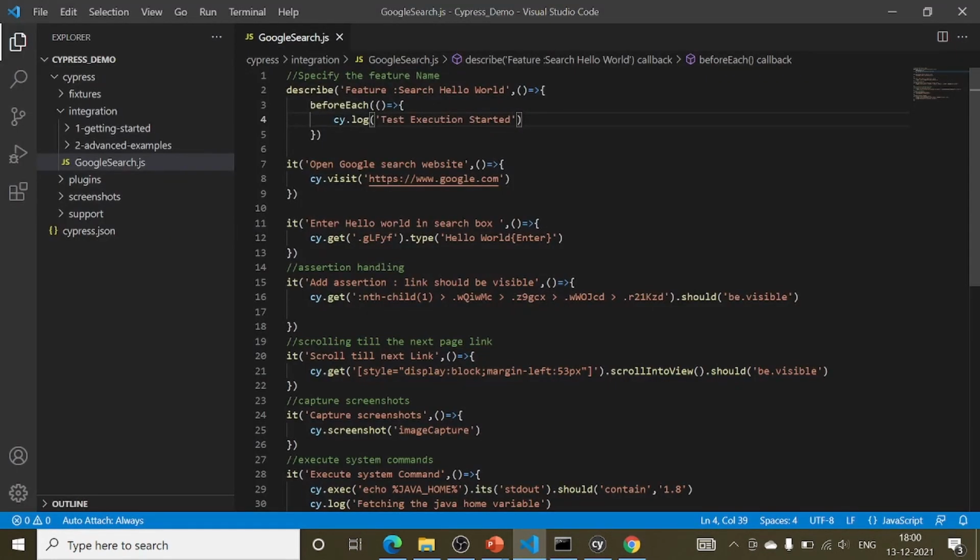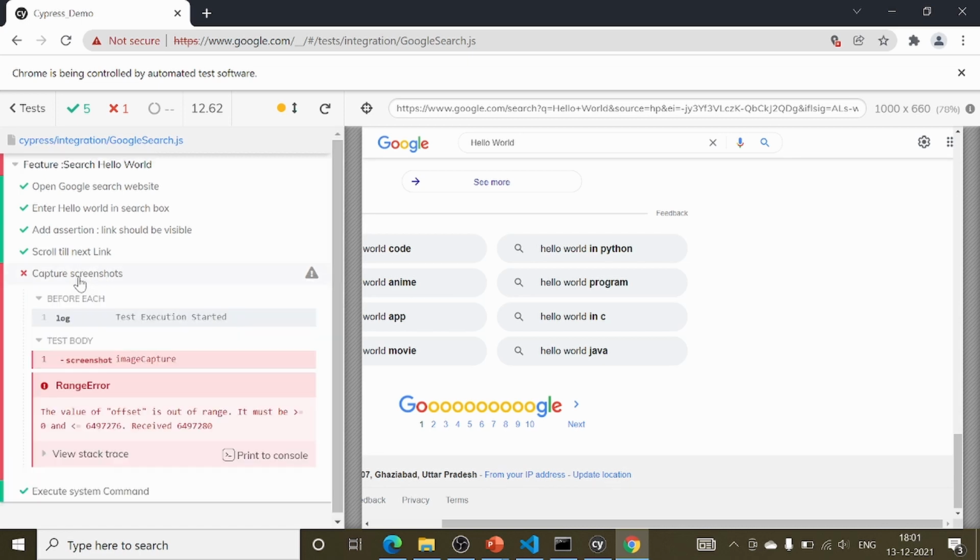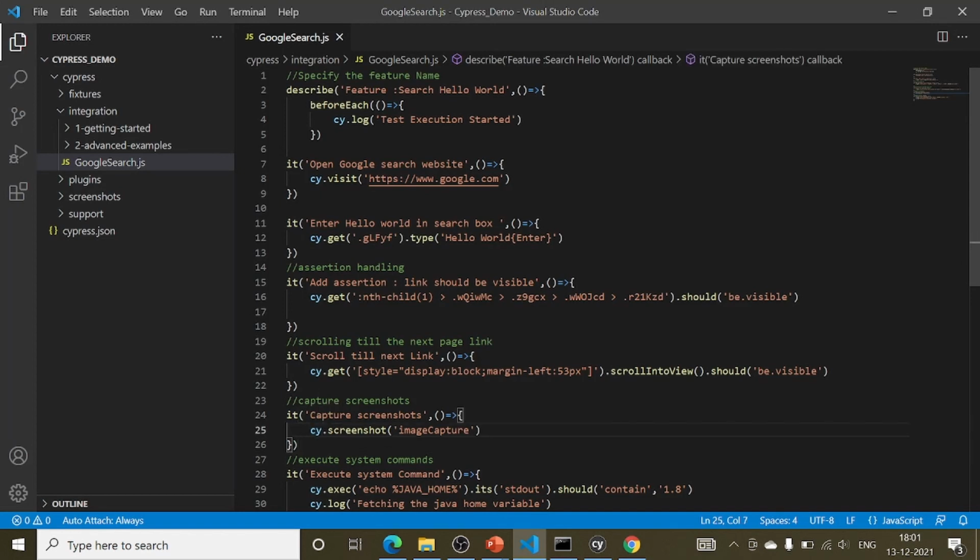Since we are using the beforeEach hook, this step will be executed before each test or each it function. We are getting an error in image capture. Let's comment this function for a while since we are not focused on it now.